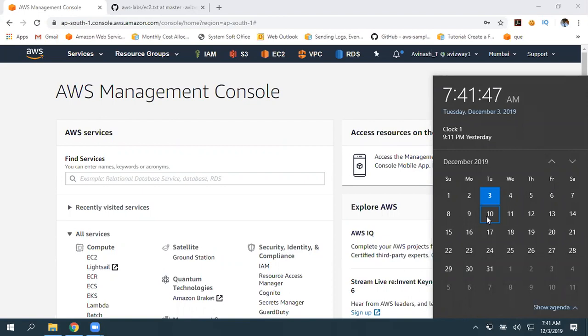Again, if you have one or two EC2 instances, manually you can log in and perform that. But sometimes we deal with hundreds of instances, thousands of instances also. In that case, do we really need to log in to each and every machine?